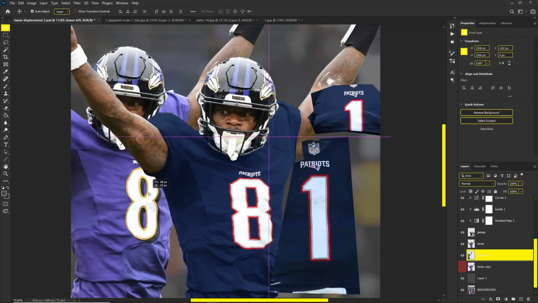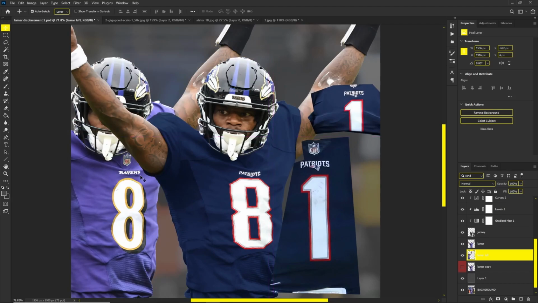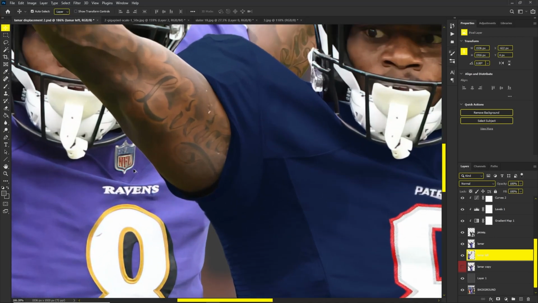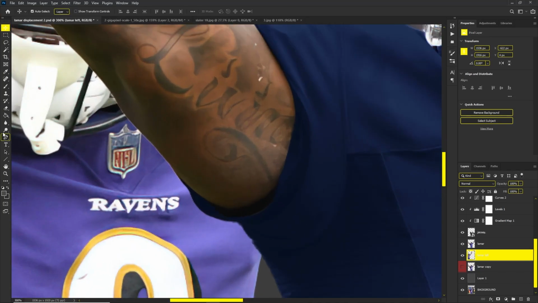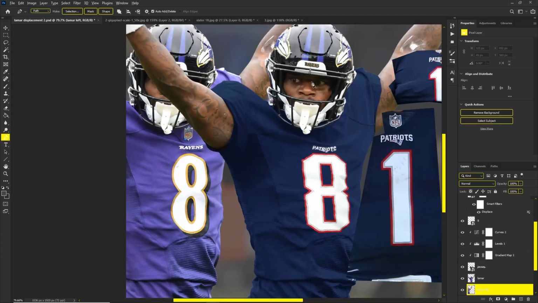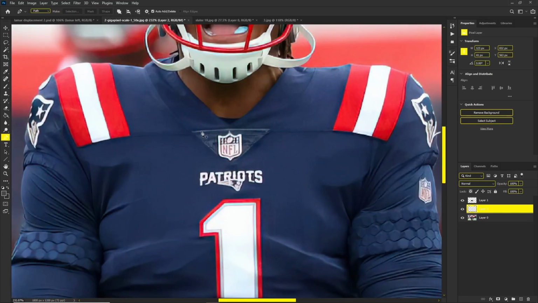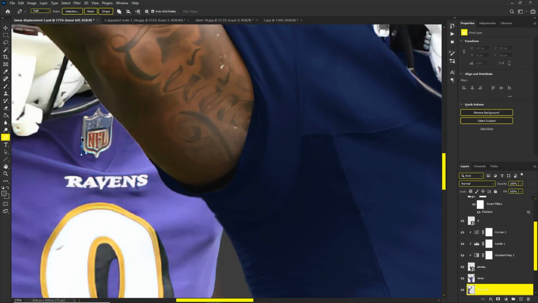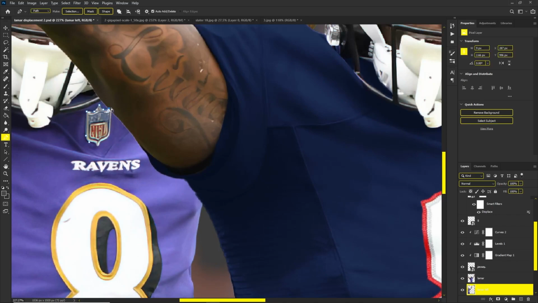Alright, intermission. Underneath where we have the Lamar NFL logo, all you have to do is just take this from him, because it's the same thing. If you look at the Patriots jersey, it's not much different. They have this part, so you could take this part, but for right now I'm just gonna put the NFL logo, and then I probably will take that part from Cam Newton. The NFL logo looks pretty straight to me, so just mask the NFL logo out real quick like this